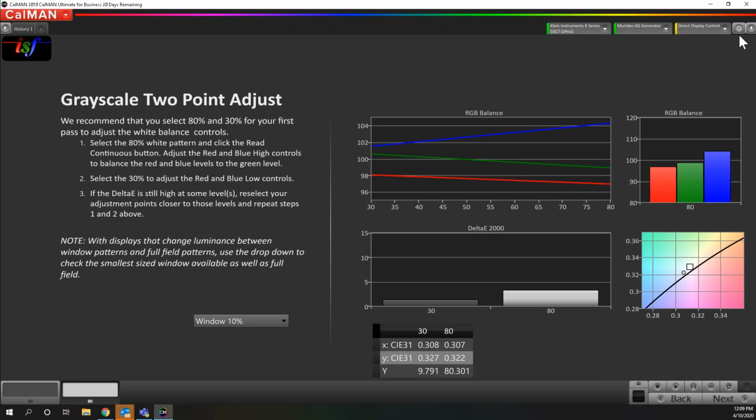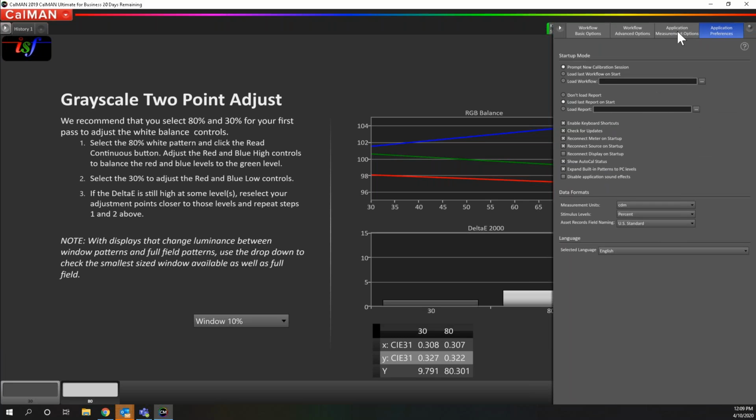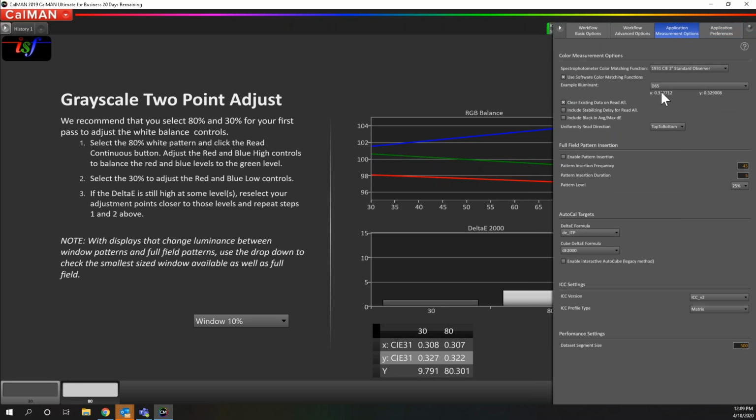So I came up with this thing called pattern insertion, where I'll bring up the settings menu. So settings, and then it's under application preference measurement options. If you enable it, we can say, hey, every 45 seconds, insert a pattern for 5 seconds, full screen, and then we can select what level of brightness we want the pattern to be. And that kind of resets those algorithms. Now, for HDR,